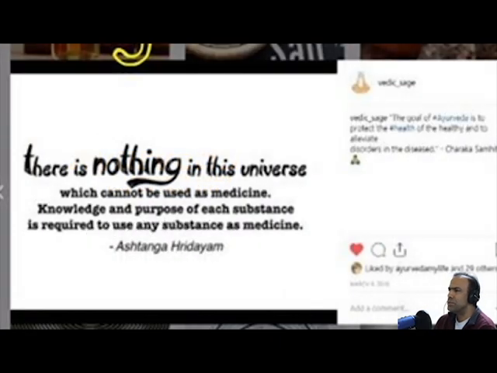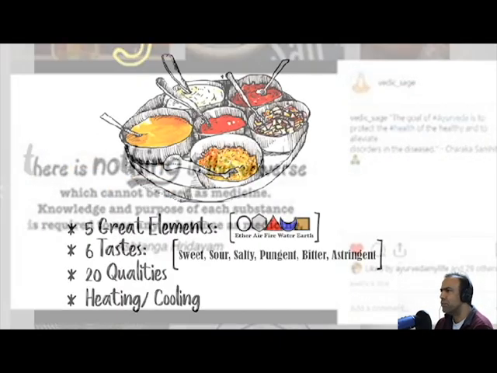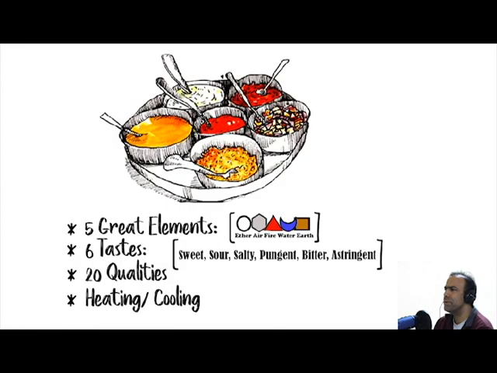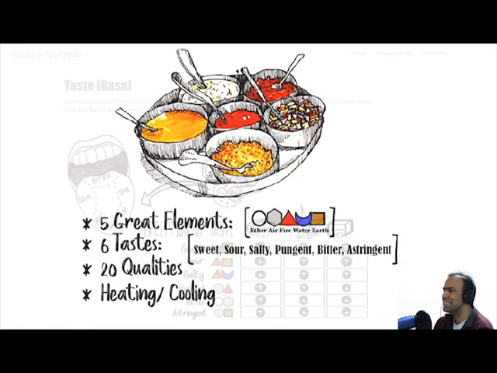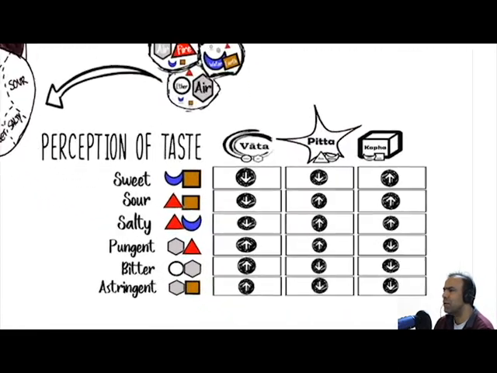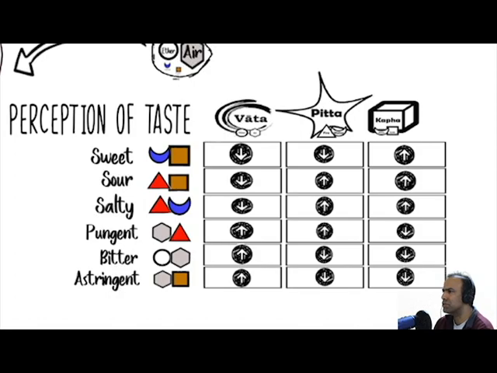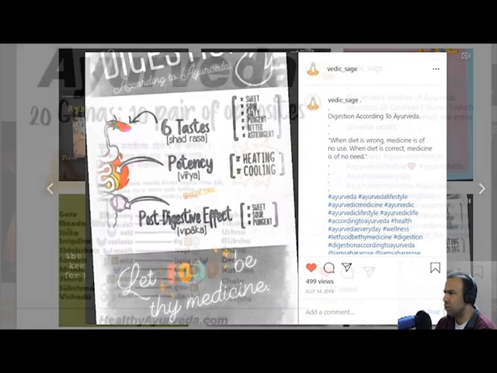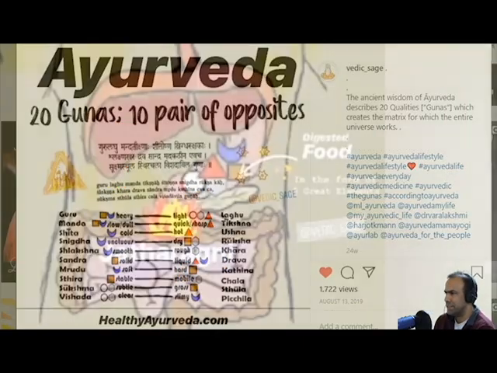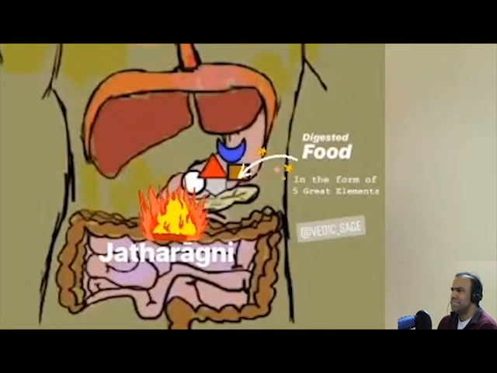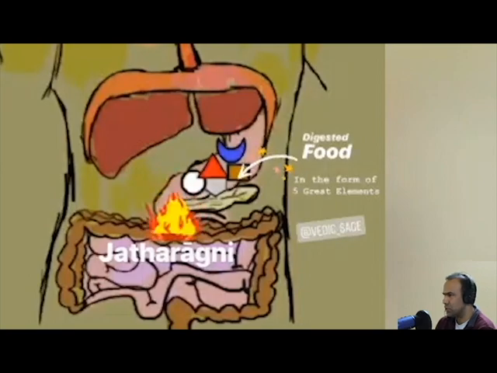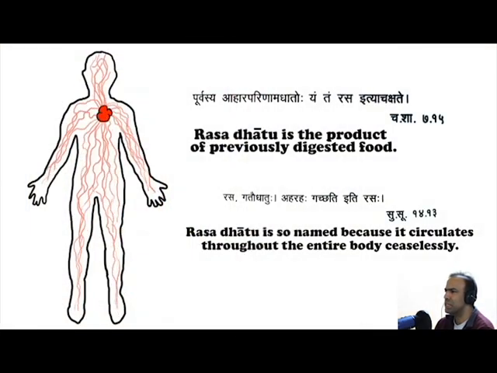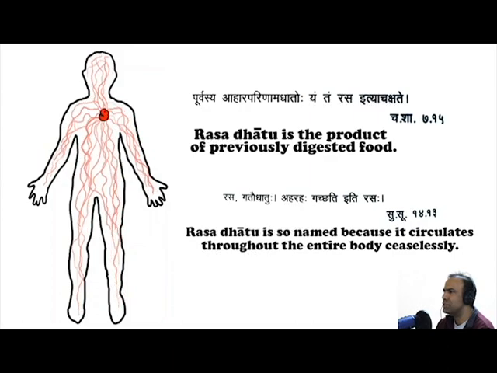From an Ayurvedic perspective, food contains the 5 primary elements, that being ether, air, fire, water, and earth. The 6 tastes being sweet, sour, salty, pungent, bitter, and astringent. The 2 basic potencies being primarily hot and cold, along with the 20 qualities. And once food is fully digested and absorbed from the gastrointestinal tract, such qualities circulate, nourish, and assimilate into bodily